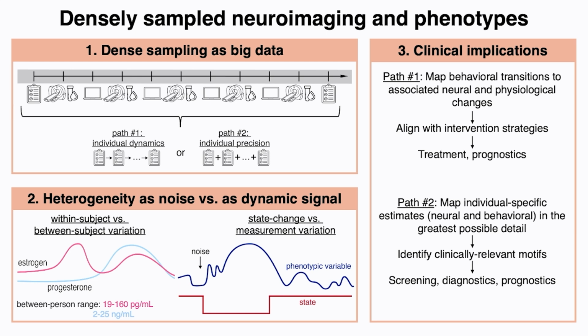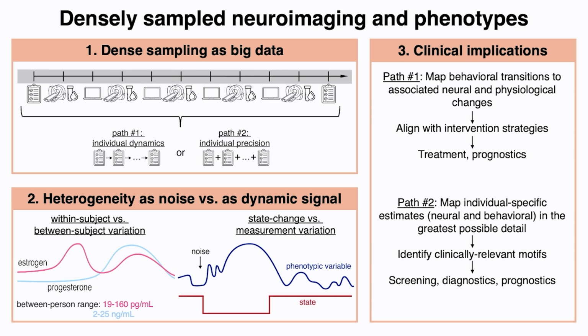All right. So building off both Avram/Sarah and Sid's talks, I'm going to be talking about dense sampled neuroimaging and phenotypes, more so than prediction-based. As most of you probably know, dense sampling is this accrual of a large amount of data in a small number of subjects. The reason that we do this